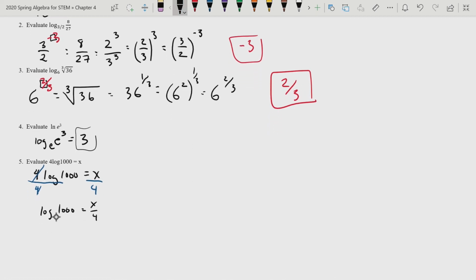Converting to exponential form and realizing that when you suppress the base, you have a 10 here, this is 10 to the x over 4 equals 1,000. 1,000 is 10 to the third power. Since exponentials are 1 to 1, this has to equal this. So we have x over 4 equals 3. To solve for x, I multiply both sides by 4. This cancels with this, and I get x equals